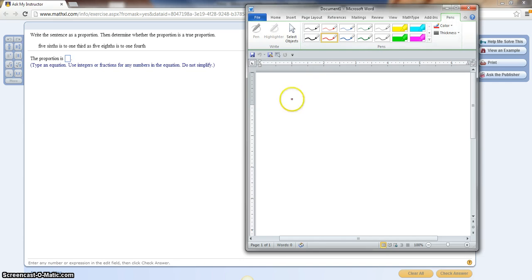Okay, the first thing. It says here, write the sentence as a proportion, then determine whether the proportion is a true proportion. It says 5/6 is to 1/3 as 5/8 is to 1/4. So we know this will basically write out like this. It'll be 5/6 divided by 1/3, and that would equal, we would have 5/8